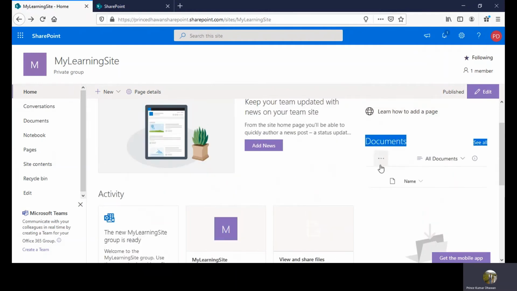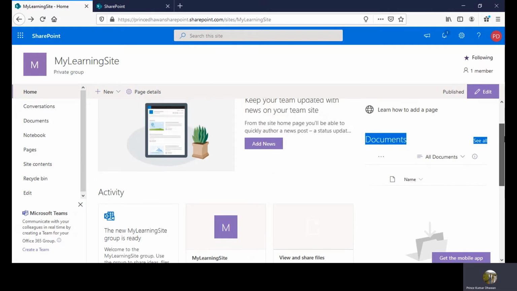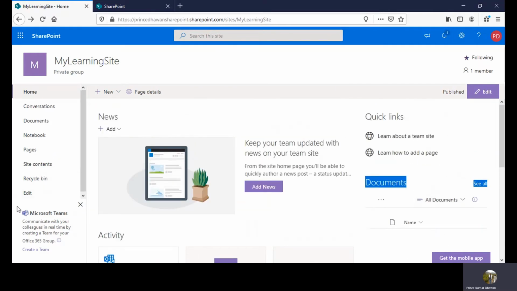There is a document library, a placeholder to upload documents and see all the documents here only. Then there's a Microsoft Teams section. You can read out the text, what it says: communicate with your colleagues in real time by creating a team for your Office 365 group. Now, we have